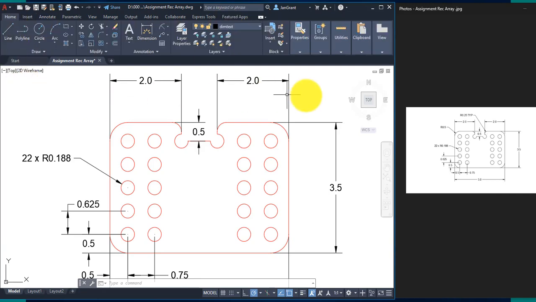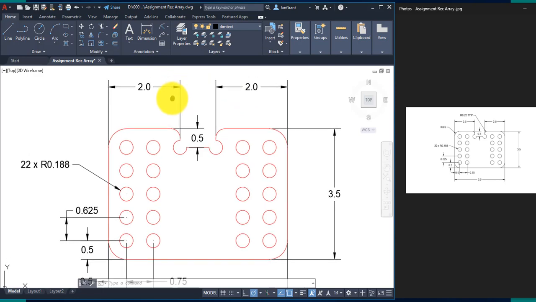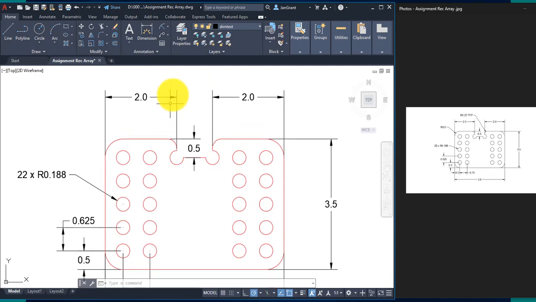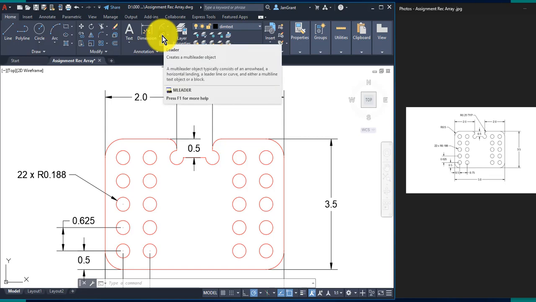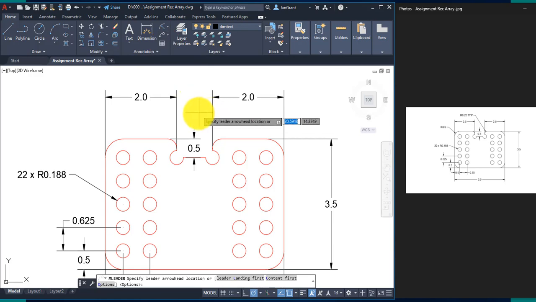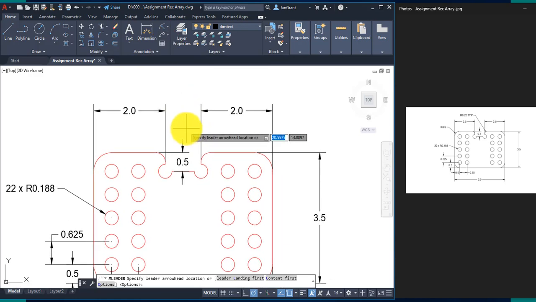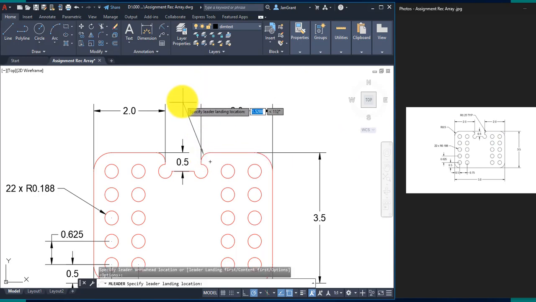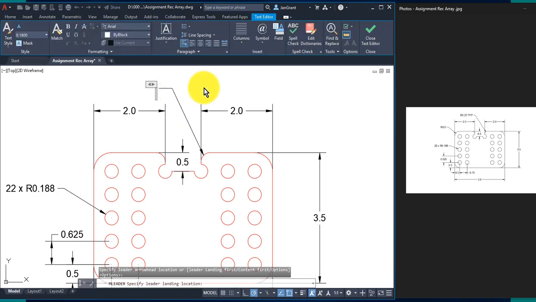I'll go back to the home tab. All right, so back at the home tab, we do have what's called a leader right there. So if you click on leader, sometimes the default doesn't look exactly like this one, but we'll go for it. I'm going to click here to put the arrow there, pull your mouse over and click, and then start to type it in. So we have a radius,